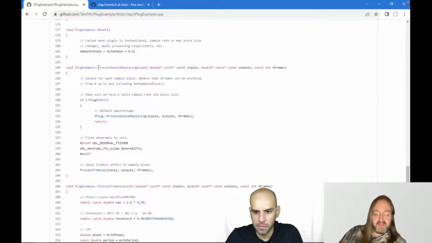I have never worked with that, but I know it had a function process, and that would get only a single pointer. So you have to read from that buffer and then write in that buffer as well. And so this function process replacing is to differentiate this function, which has an input and an output buffer, from that other function. But that other function has fortunately now become obsolete.